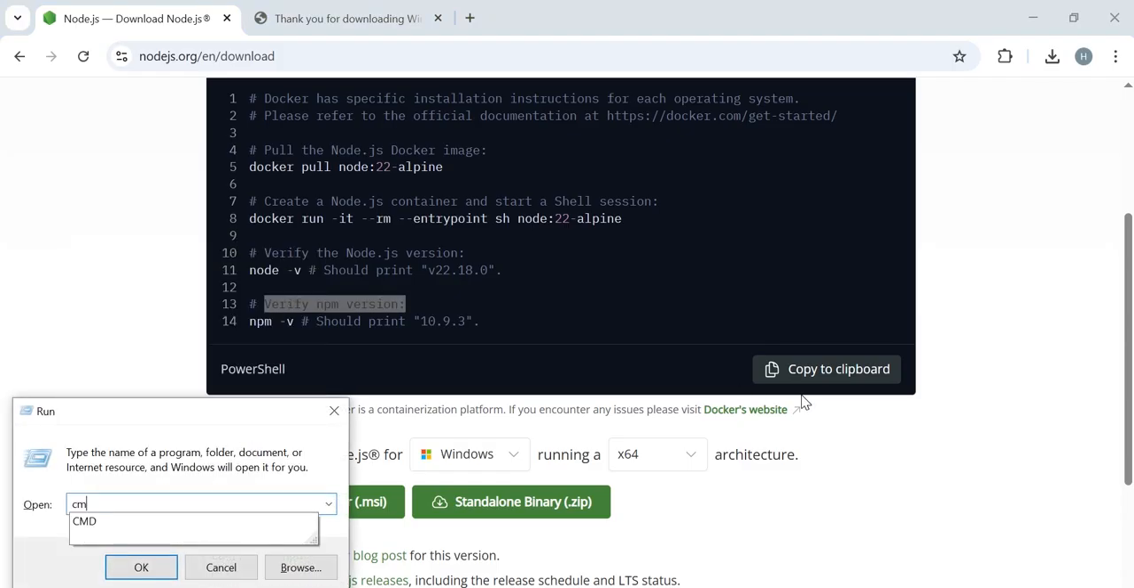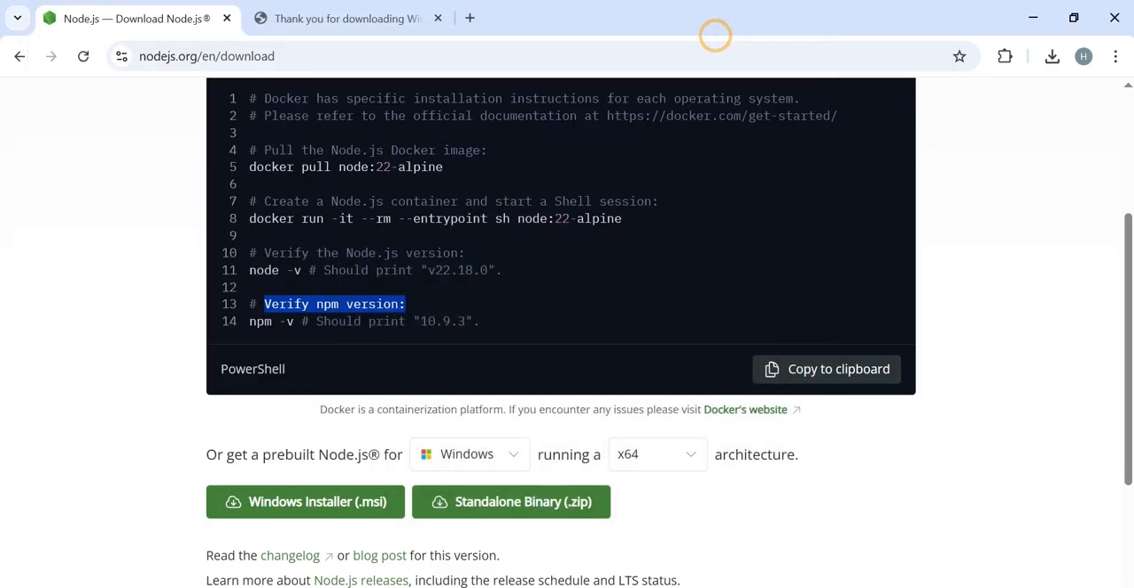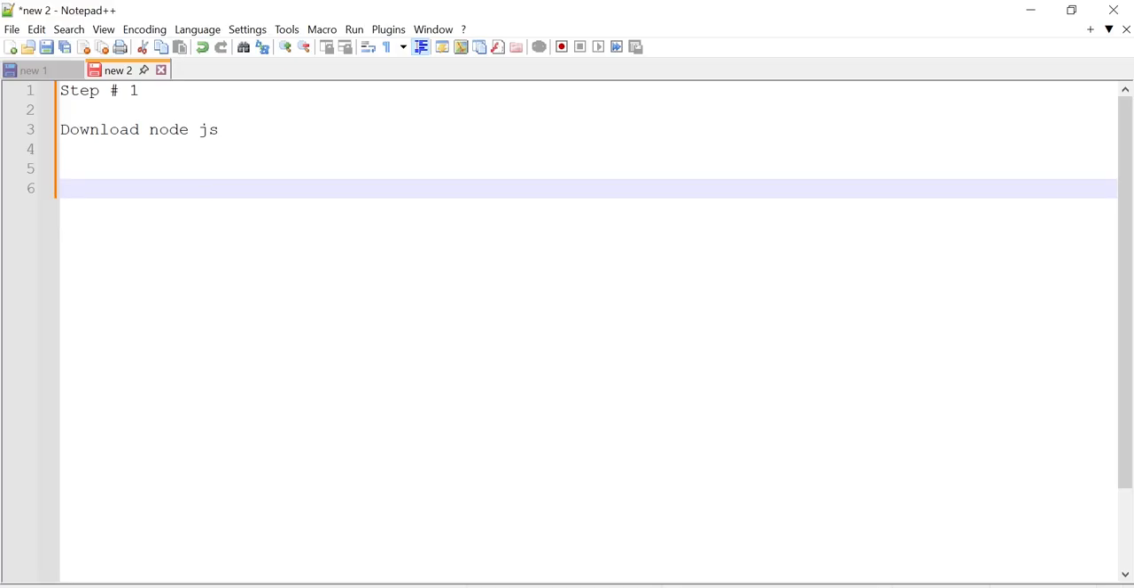Open cmd and type node -v. This is the command for checking the Node.js version, and to verify the npm version, type npm -v. This is the first step for downloading Node.js. Step 2,